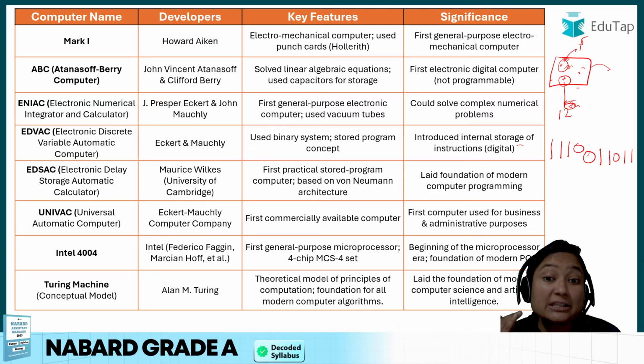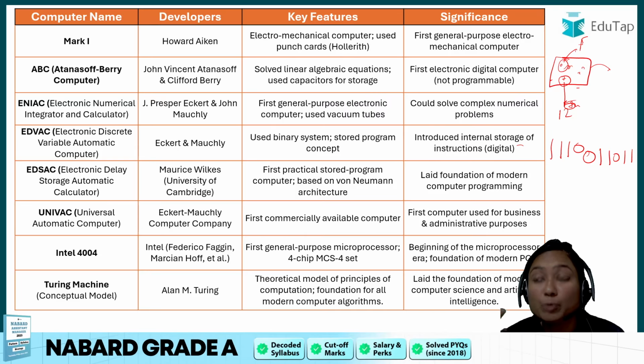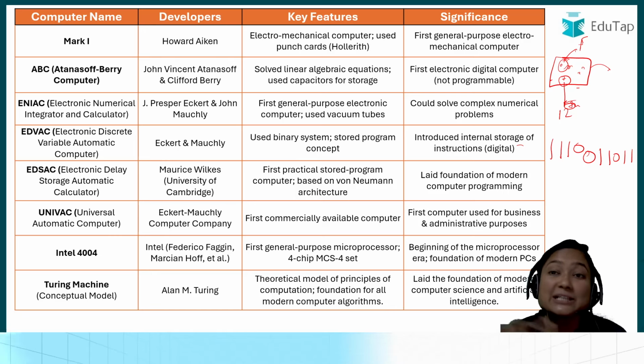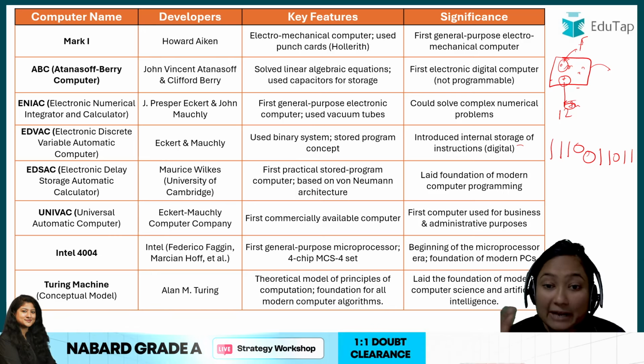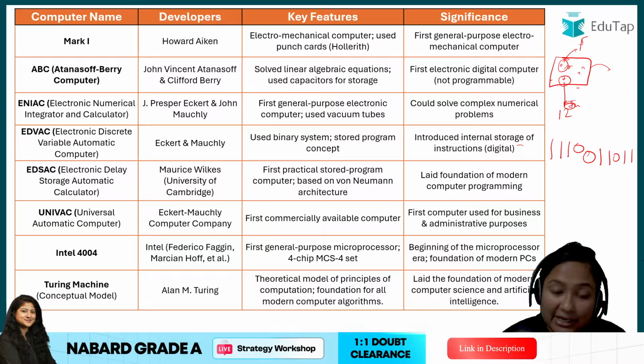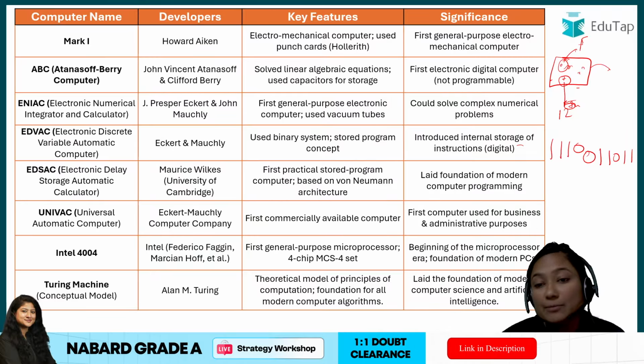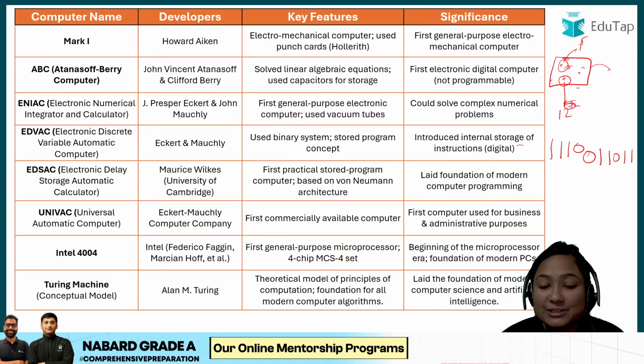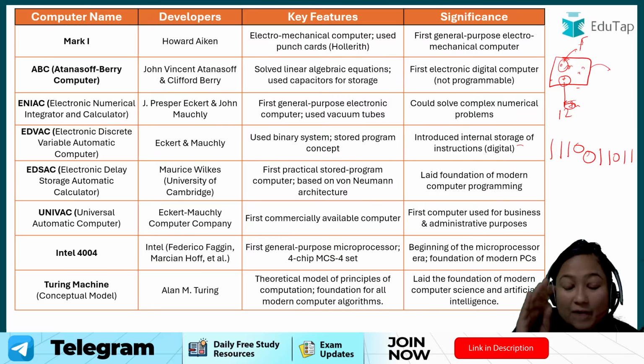Now here they were thinking about how we can put a computer in each home. They were thinking about how we can expand the horizons of computers, and with this we had UNIVAC, the first commercially available computer. This was the first computer used for business and administrative purposes. Now after this